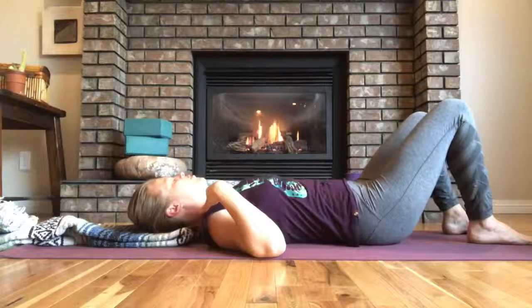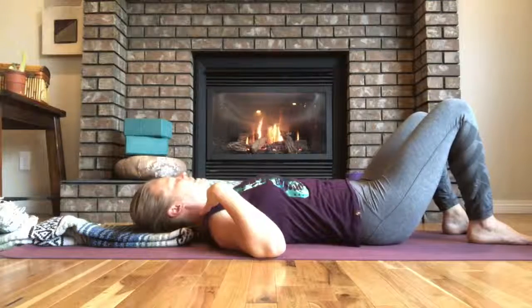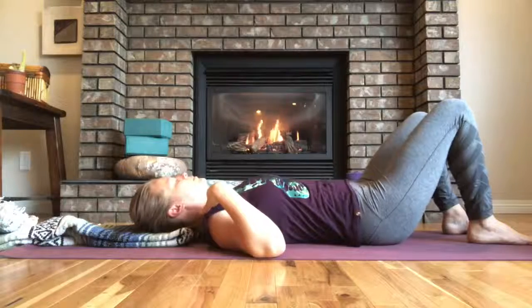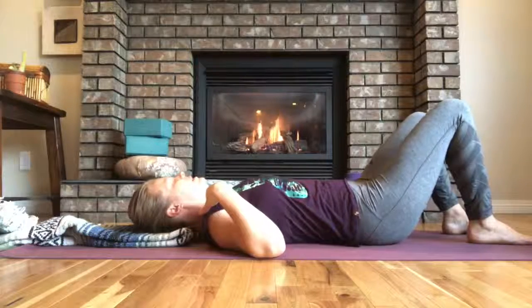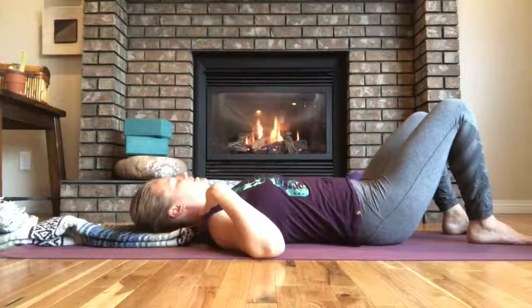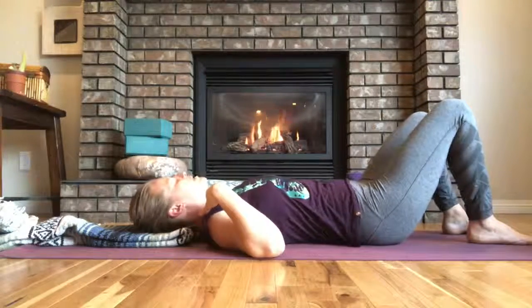The motion is coming from the soles of your feet, and you're just releasing into the rhythm of the movement. A little bit like shaking a snow globe right now. In that almost the best part is coming to stillness. And when you decide to come to stillness,